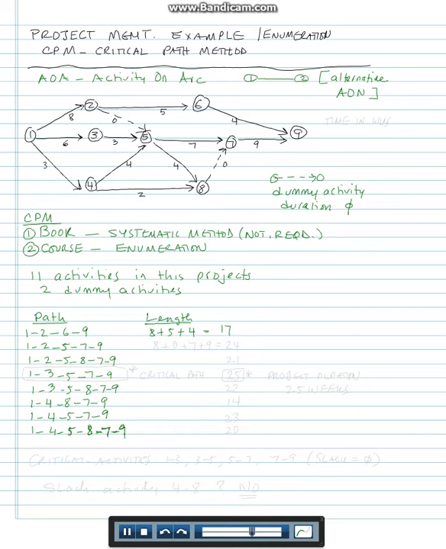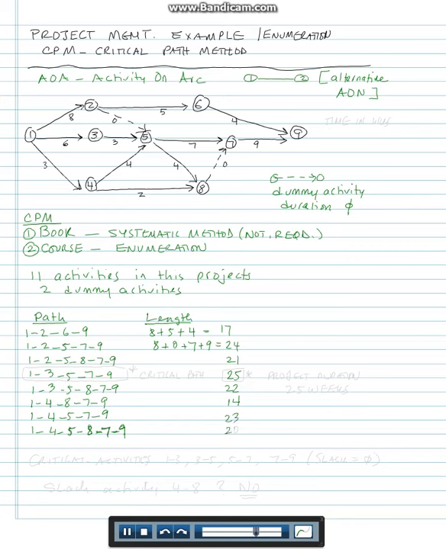1, 2, 5, 7, 9: 1, 2 is 8. 2, 5 is 0, that's a dummy activity. 5, 7 is 7. And then 7, 9 is 9. And that would be 24. Similarly, you calculate all the rest. We get 21 here, 25 here, 22, 14,